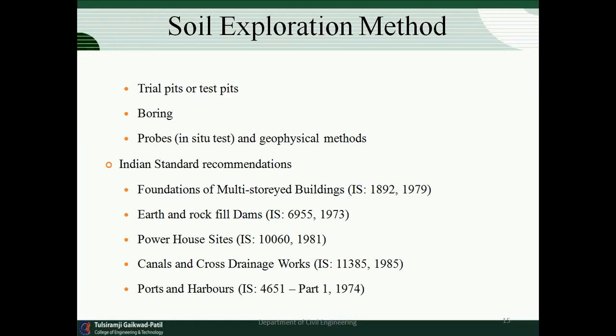Foundation of multi-story building is IS 1892 of 1979. It gives you all information about the foundations of buildings. IS 6955 of 1973 is related with earth and rock fill dams.